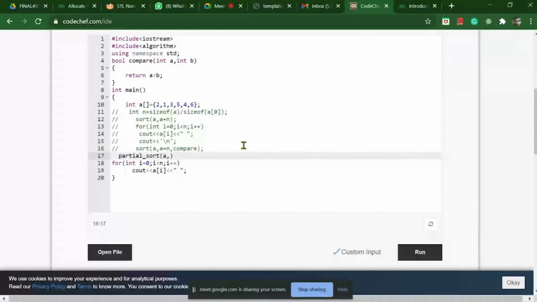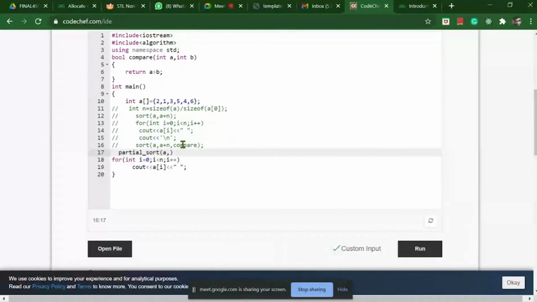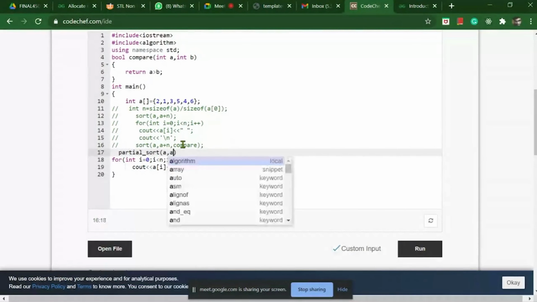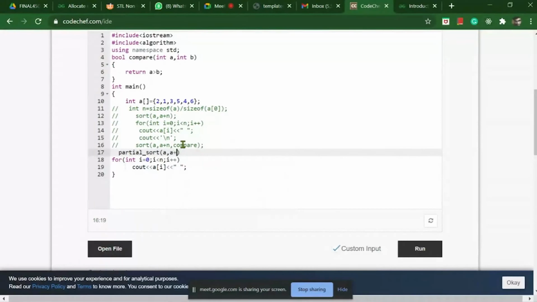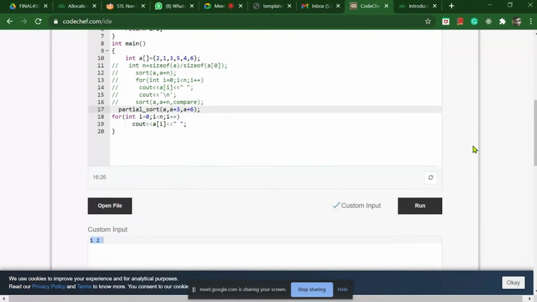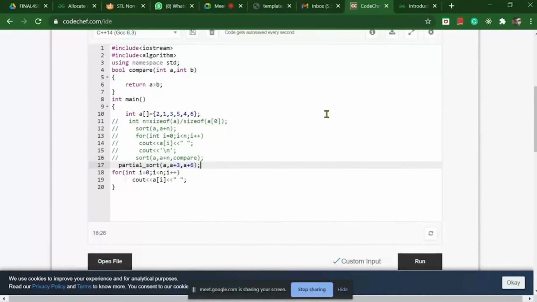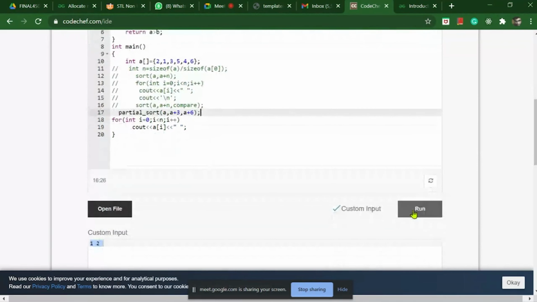So here A is the starting position, and let's write the mid position, which is A of 3, and A of 6. So this is basically going to sort the data from 0 to 3 in ascending order, and after that it will not sort anything.